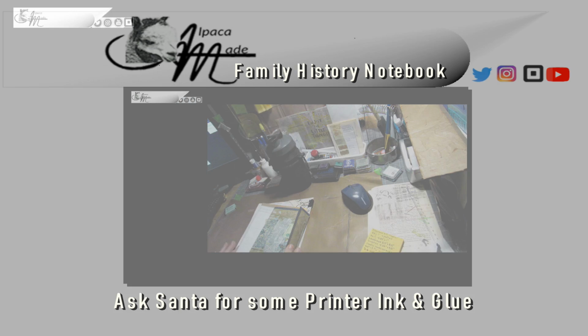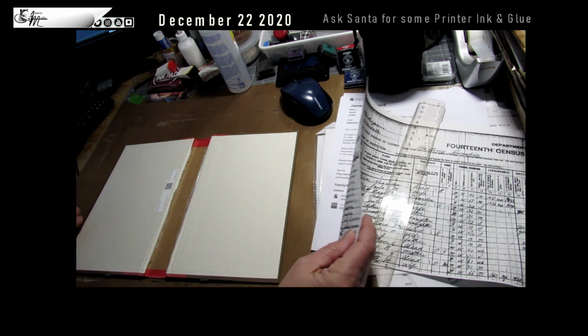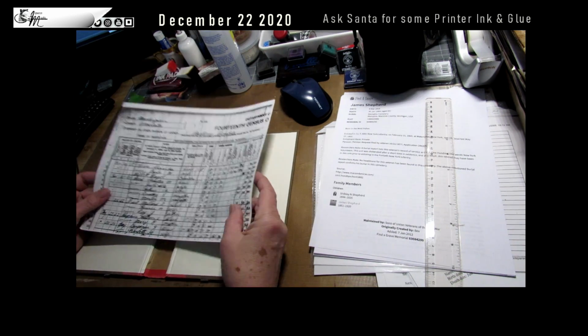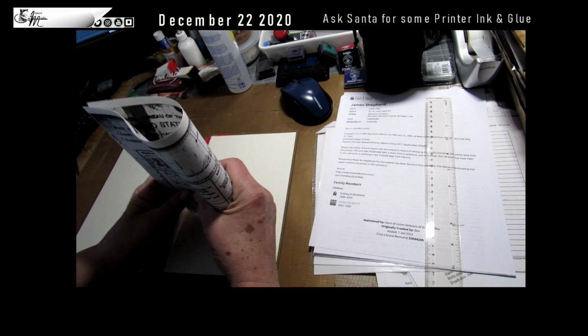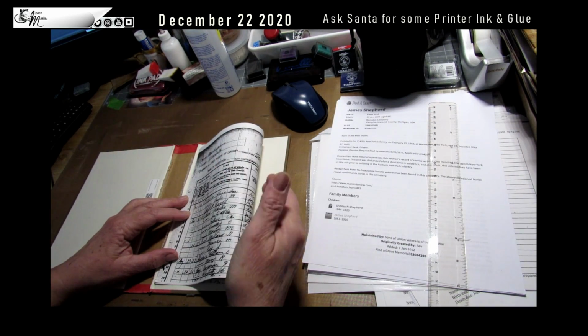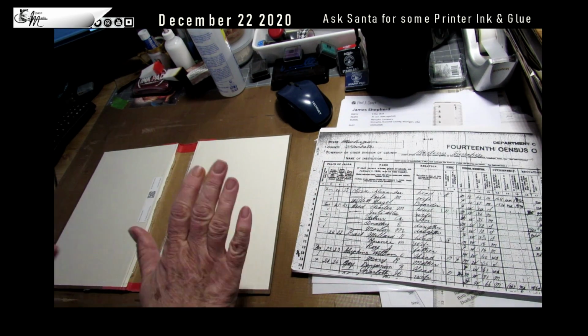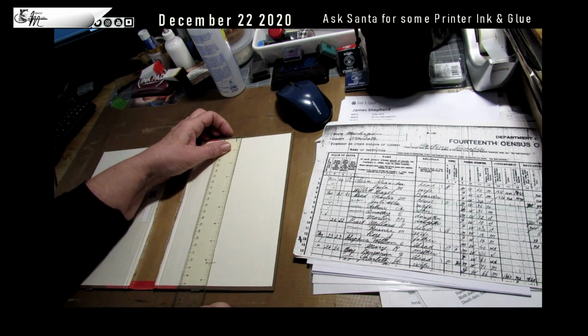We're going to get a final plan for the working book for our family. So get your glue and your scissors and whatever other things that you need and ask Santa for the rest. I decided that I didn't want to monkey around with cutting full-size 8.5 by 11 into quarters. I decided that I wanted to just do one fold and cut and do paste ups or whatever I need to do. So I gutted another book, and this one measures